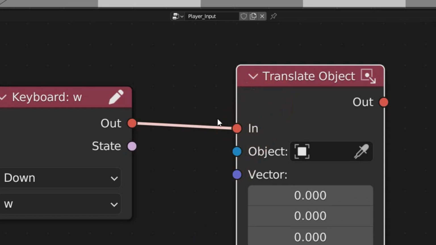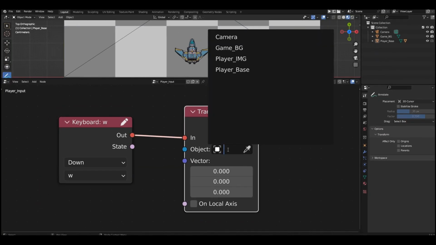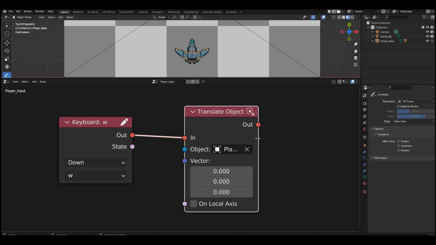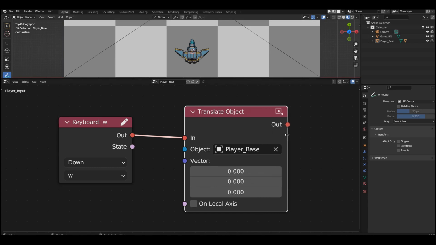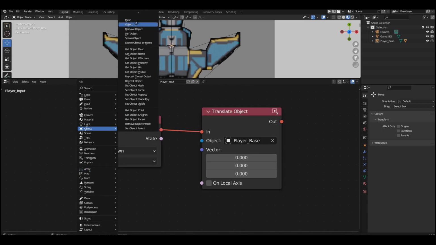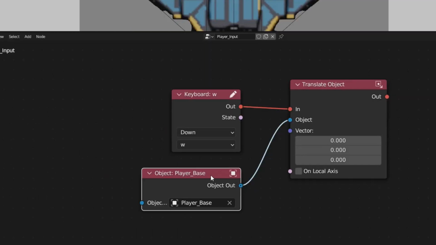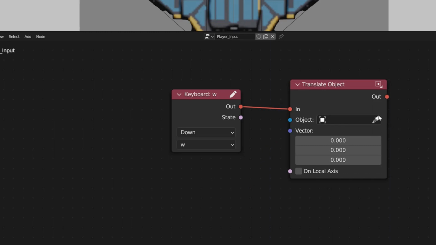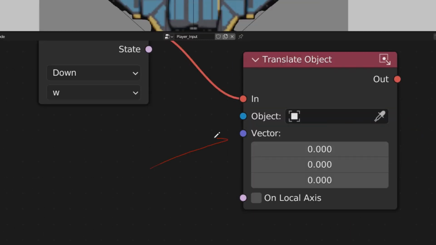If we want to move an object using this block, we can specify the object directly in the block by selecting it from the list of objects. Or, if the list is long, and you don't want to strain your eyes searching for the right name, you can use the picker and select the desired object directly in the viewport. But if you have reasons, or just want to, you can specify the object using the input. For example, like this. If you need the object to which the current script is connected, you can leave this field empty. The next input is called vector, and it consists of three values, x, y, and z.